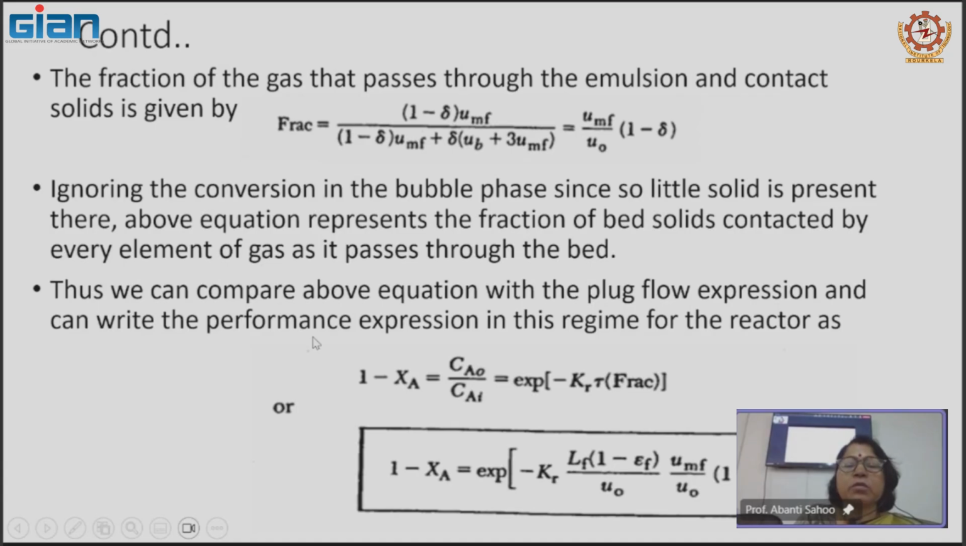So, comparing this equation with the plug flow expression, which we discussed, plug flow and mixed flow reactor expressions, we can write this performance expression in this regime of the reactor. 1 minus XA, for plug flow we had written, it is the reaction rate; 1 minus XA means how much fraction is getting converted, CA0 by CAi, which is exponential minus Kr tau into the fraction of the gases which is in contact with the solid. So, thus here